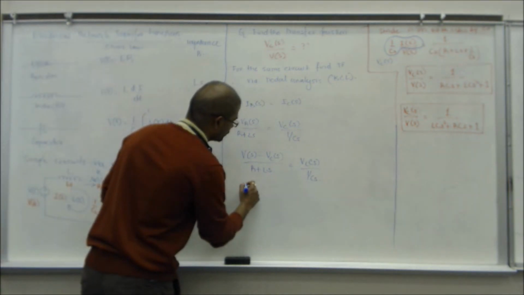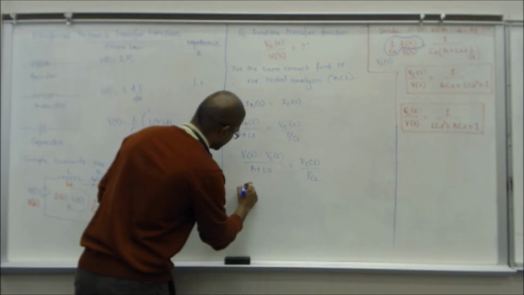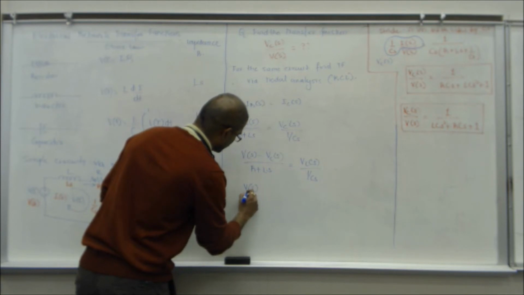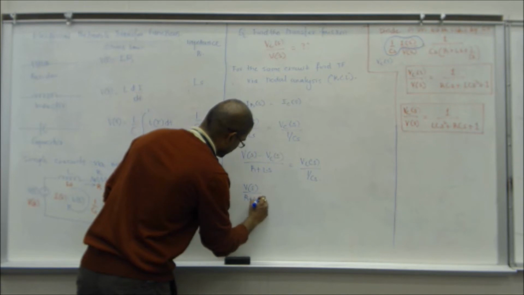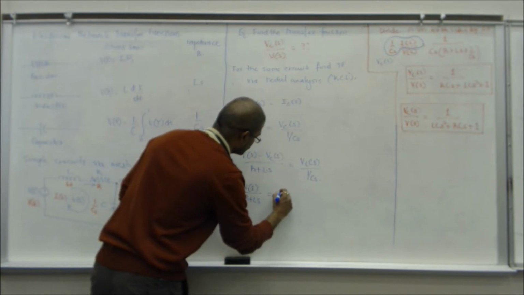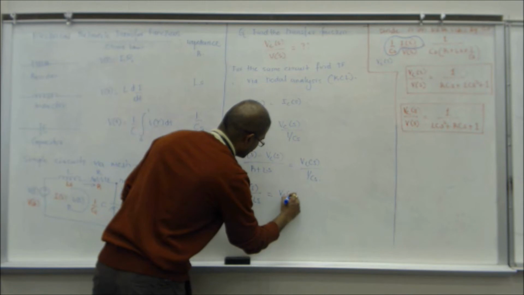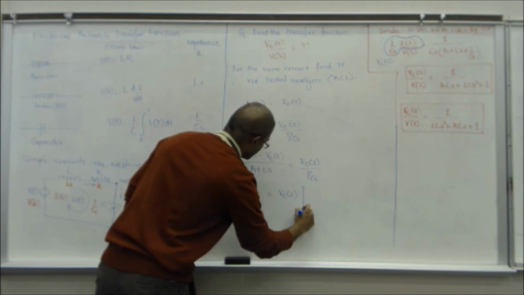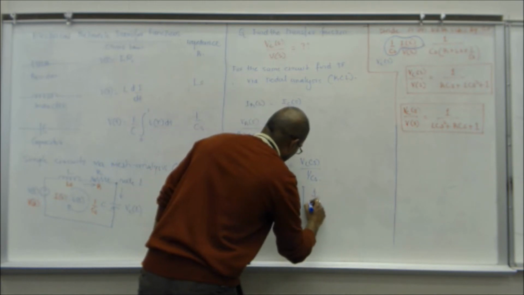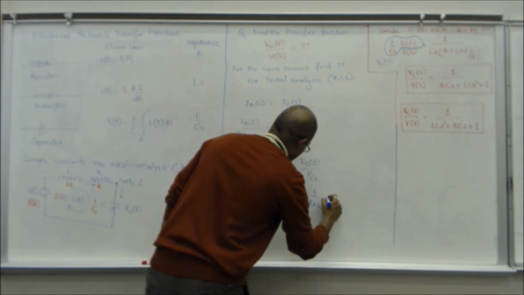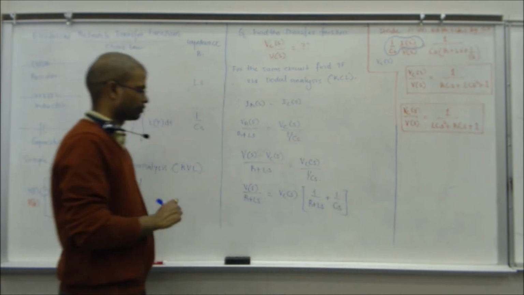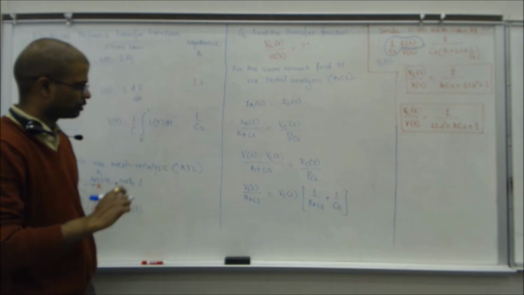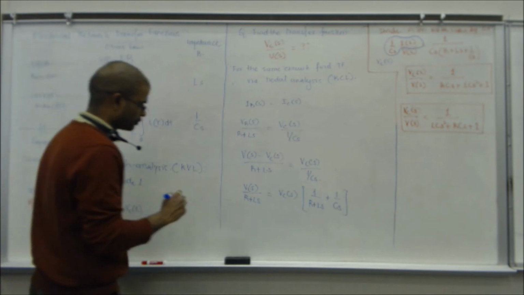If you reverse this, what you're going to get is V of S over R plus Ls is equal to VC of S into 1 over R plus Ls plus 1 over. I'll explain to you, just give me a second. What you want to get here is